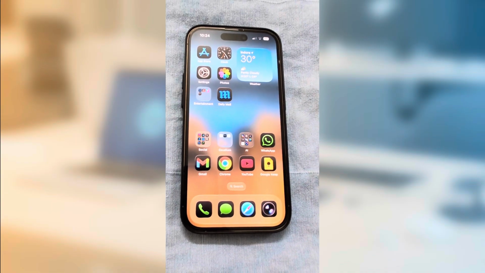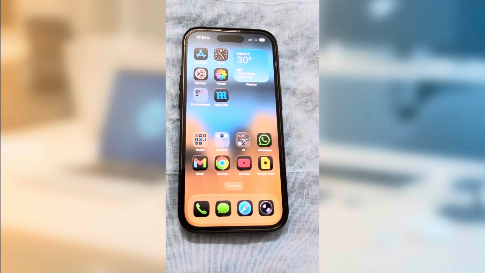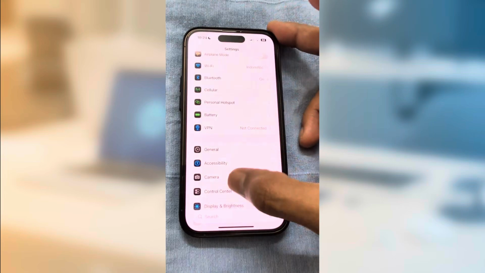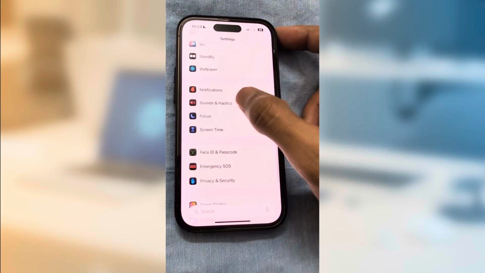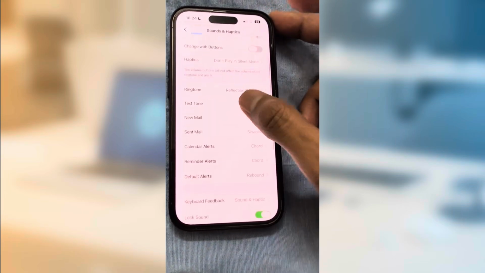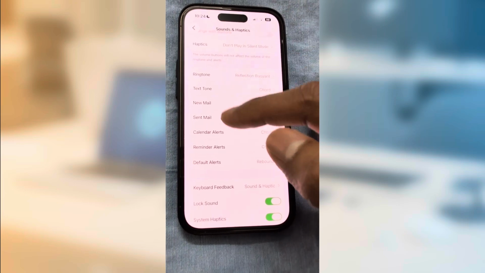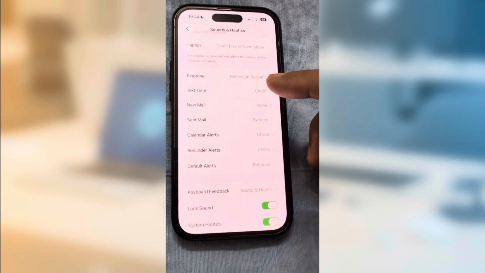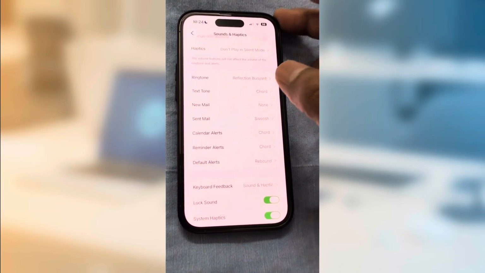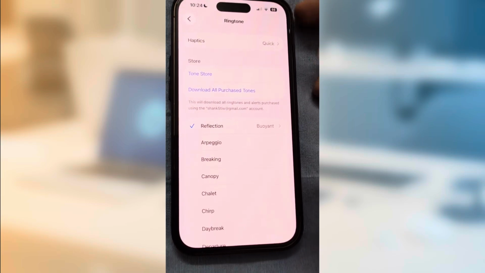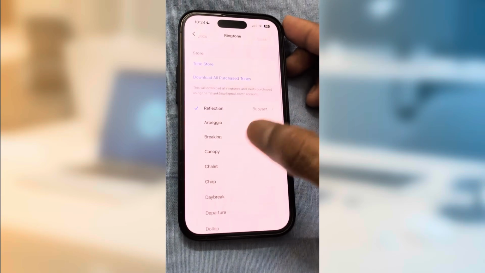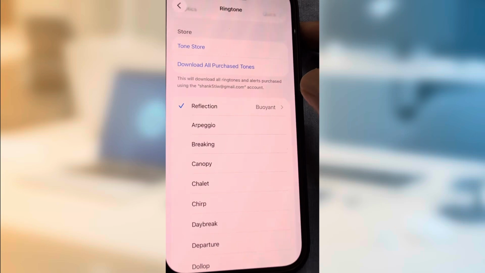So iPhone has one of the most customizable haptic features. In settings, if you go to sounds and haptics, you can see there are different types of notifications, so you can set different settings. This was already there. And now if you go to any one of them, first of all, if you see this reflection category,